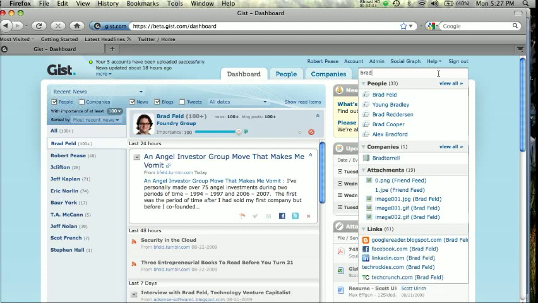And so if I go out here and I search on Brad, what you'll see surface here are people named Brad, companies that have the word Brad in it, attachments, links, etc. These are all coming from different places, but yet available to be searched and accessed directly in one place by Gist. So if I wanted to drill down into Brad's profile, which I can do from the search bar, or